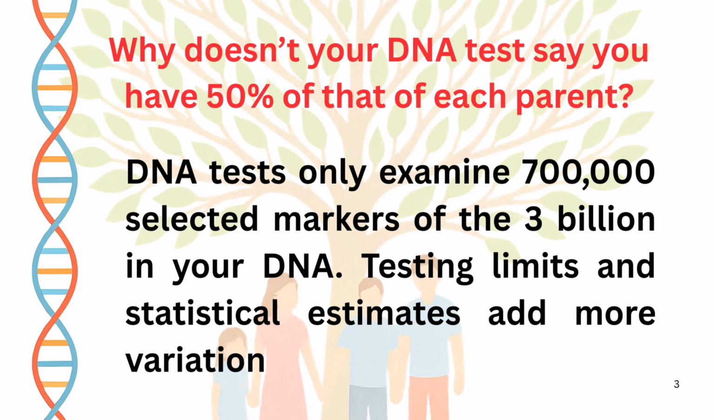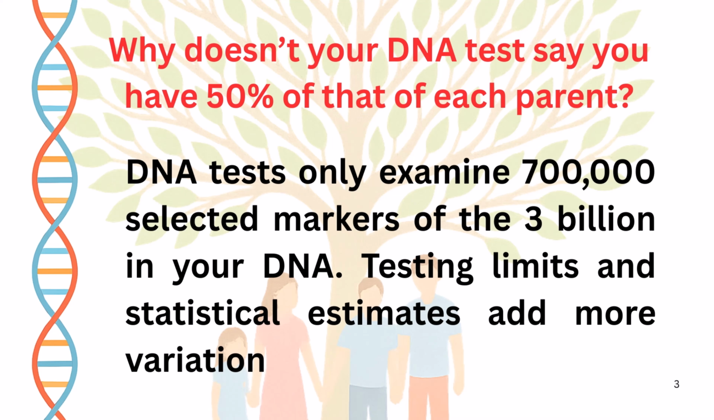Biologically, you get exactly half your autosomal DNA from each parent. DNA test reports say approximately 50% because of how the tests measure and report the data, not because your inheritance was uneven. So if you get exactly half your DNA from each parent, why do DNA test results usually say about 50%? The simple answer is that these tests examine only about 700,000 selected markers called single nucleotide polymorphisms, SNPs,